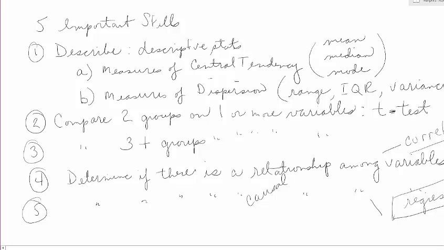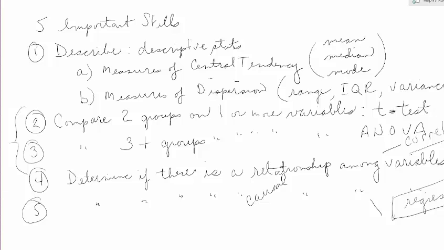So here, this is the second part of this course, and we are directing ourselves at these two things: comparison of two groups, and comparison of three or more groups. So this is a t-test, and as we'll recognize, this is called an ANOVA. So let's begin with the t-test. Let me take you to